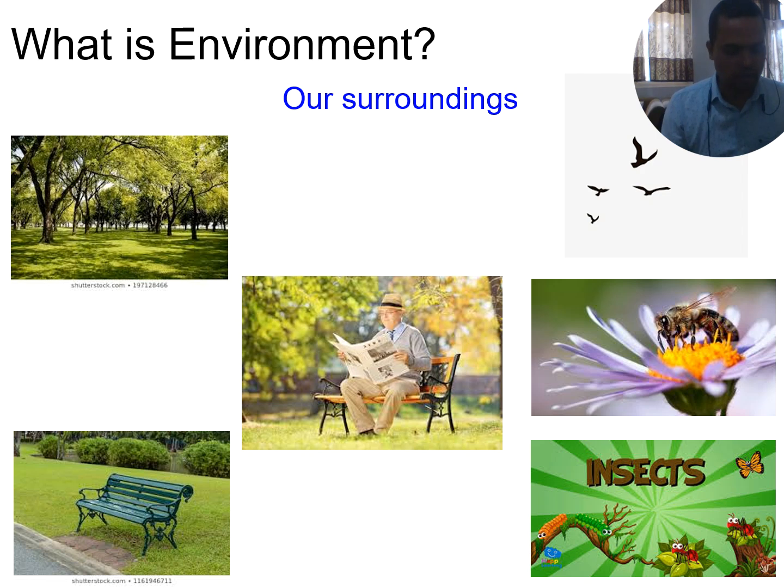So, what is environment? Environment is anything around us. For example, if a person is sitting on a chair in a garden, anything around him or her would be that environment. The grass around him, including the chair, the trees, any birds flying nearby, the flowers, the insects, whatever you find around, is all considered your environment.